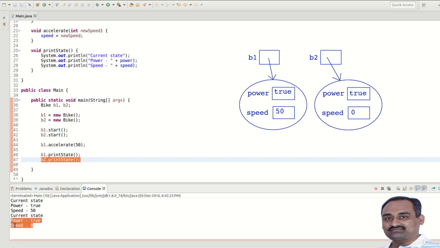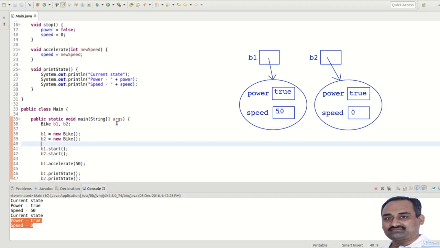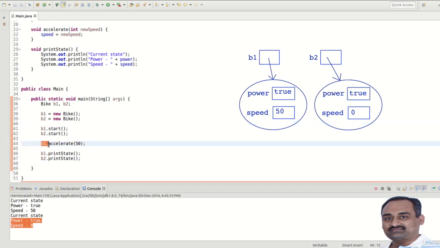To summarize, a class is a combination of attributes and operations. By nature, it is a template to create an object. An object represents a physical instance of a class with its own attributes. Attribute values represent the state of an object. Each object will possess its own state. Object dot operation is nothing but performing the operation over the given object.